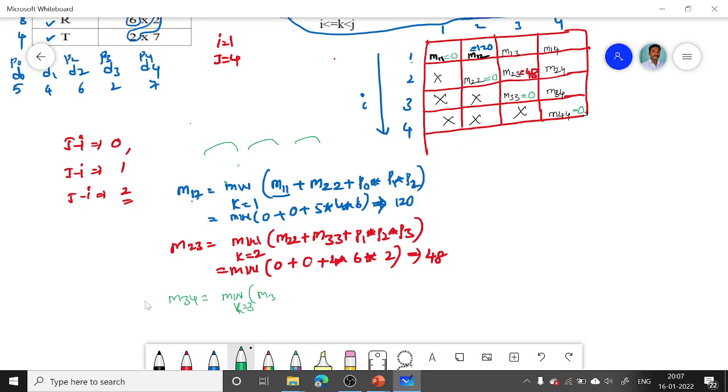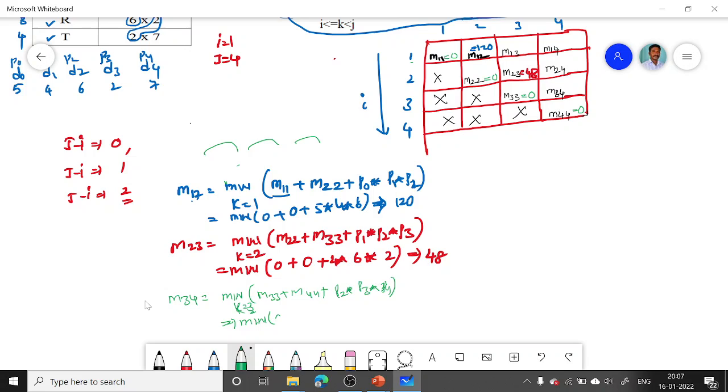So M of 3 3 plus M of 4 4 plus P of I minus 1. What is our I? I is 3. 3 minus 1, 2, into Pk. What is our K? 3. So P3 into Pj. What is our Pj? 4. Nothing but P4. So which gives the minimum of,